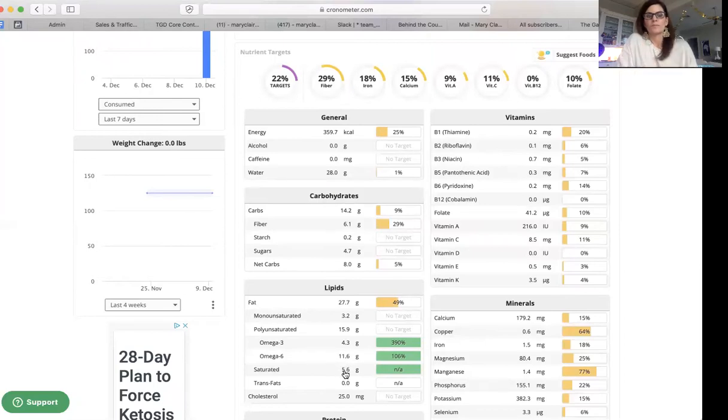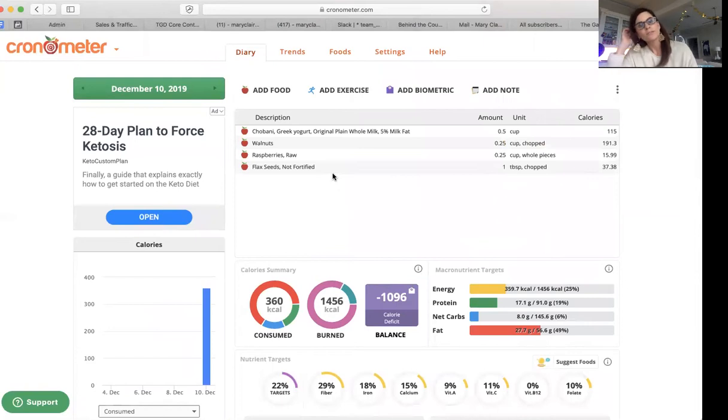And then you can also look at your monounsaturated and polyunsaturated fats. Here, 27 grams of fat total, but we are looking at your polyunsaturated of 15.9 versus your saturated of 5.6. So remember, we want at least 1.5 times the amount of unsaturated versus saturated fat, and this is helping us hit that between the walnuts and the flax seeds. So again, this is a really, really healthy way to go. So that was how I broke my fast.